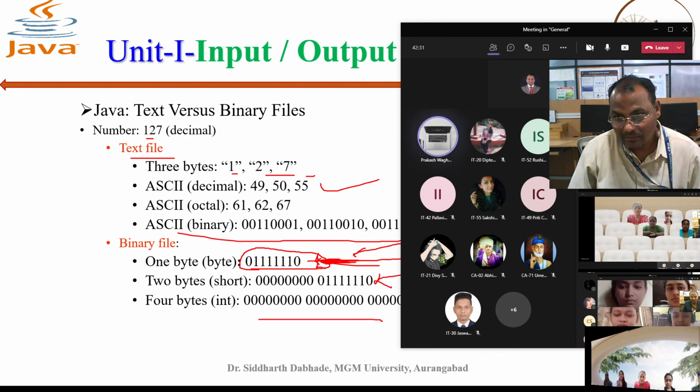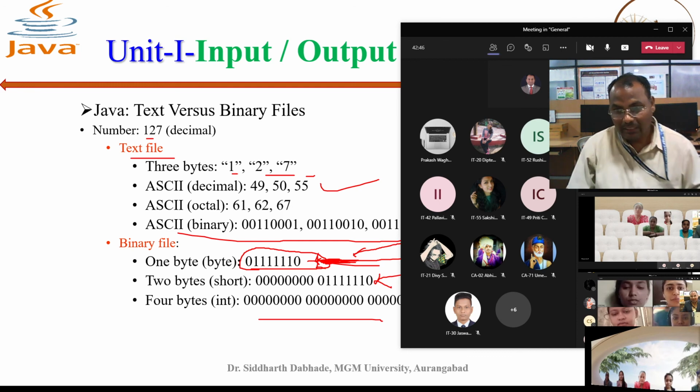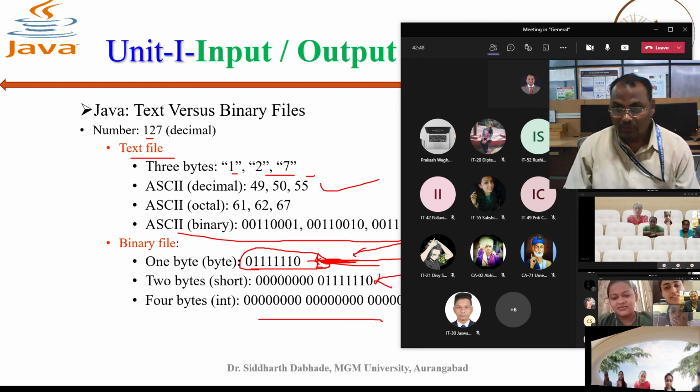Yes, IT, sir, BSc IT. So you have not logged in with the username and password provided by the college, therefore your name is not coming with the prefix IT or BC. Okay, sir.